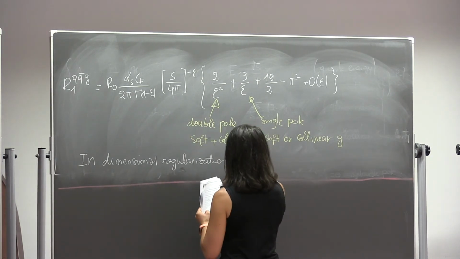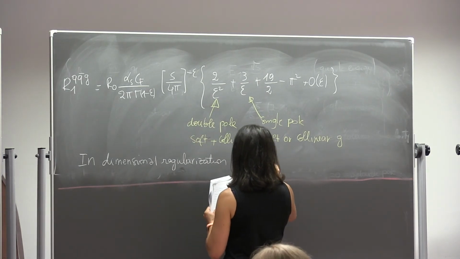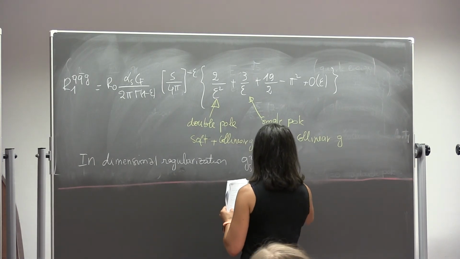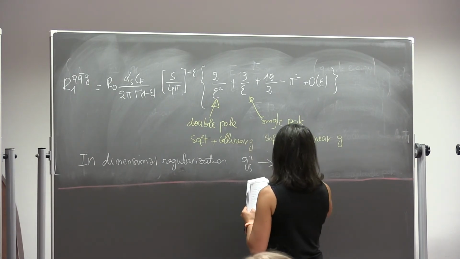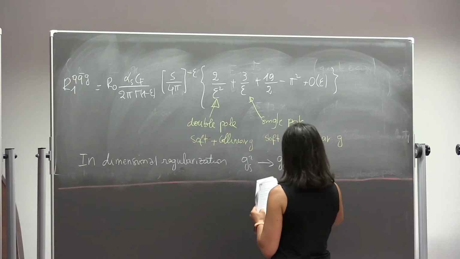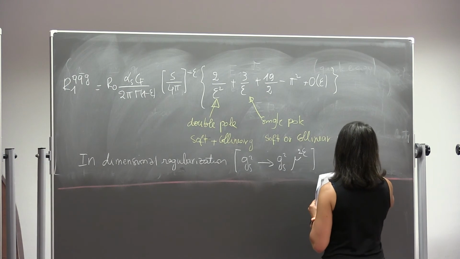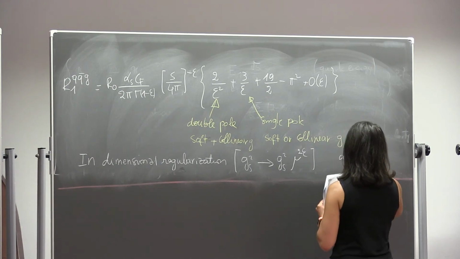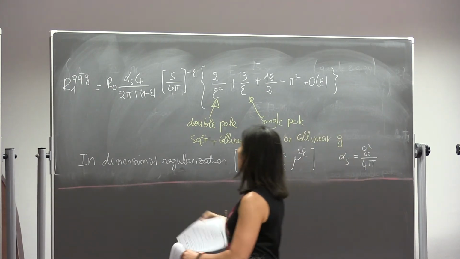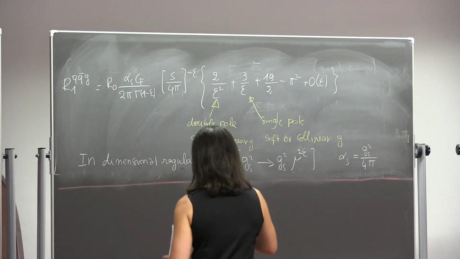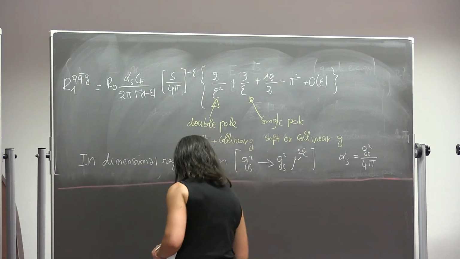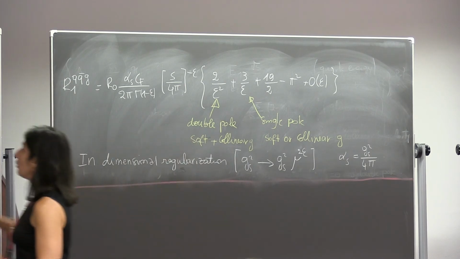So the coupling constant g_s squared becomes dimensionful because you introduce this mu to the power 2 epsilon. Okay, and just to remind you, alpha_s for me is g_s squared over 4 pi. And so now if I replace g_s squared with what I have just written right now,